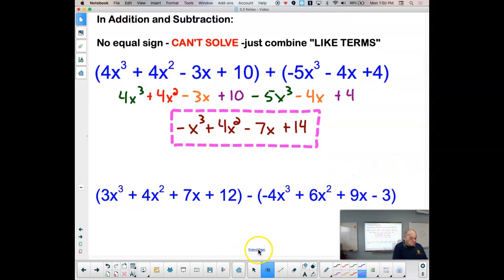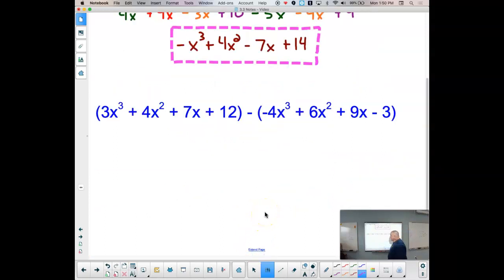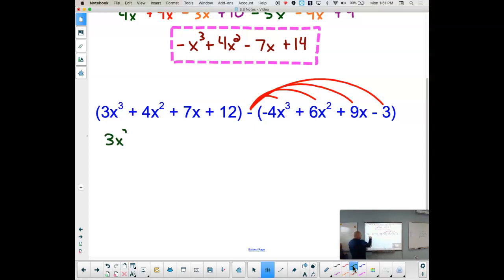When there's a subtraction sign, things are a little different. Rules are different with subtraction. So this subtraction sign gets distributed in to all of those terms. Okay? So it gets into all of those different terms. Again, I will try and color code them. Okay? So we've got 3x cubed plus 4x squared plus 7x plus 12